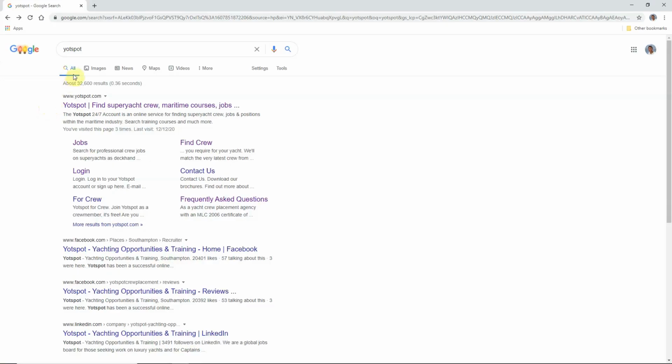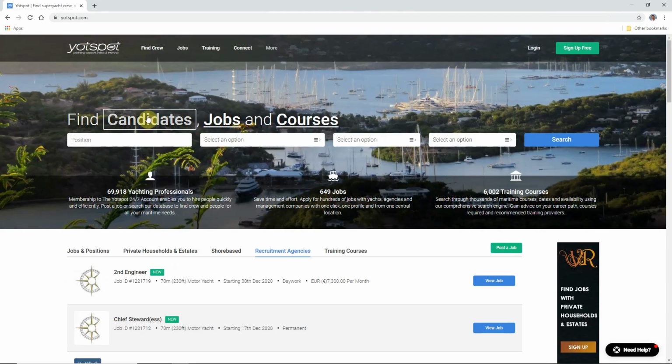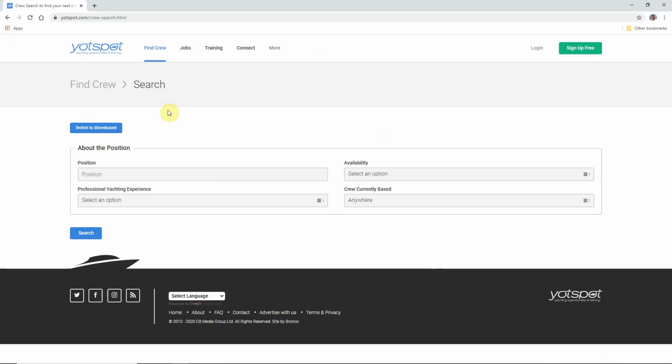I've typed Yotspot here into Google. It's the first result. There we go. This is the home page. And what I'm going to do is go to Find Crew here. Now this isn't a members area. I'm not even logged in here. You could go and do this yourself. It's an exercise I encourage you to do. Let's go for a deckhand